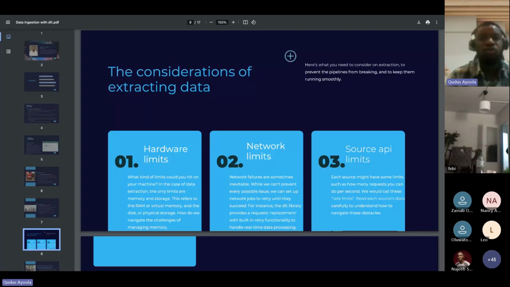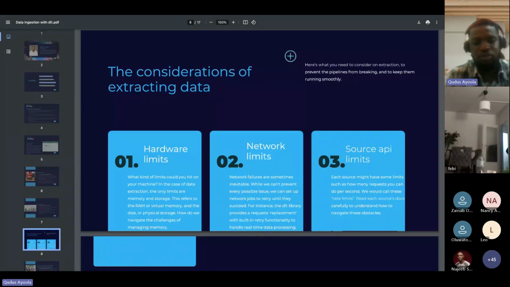So another limitation you can run through is your network limitation. There might be a network failure whereby you are calling an API to get data, and it is returning a network error because the API at that point is not available, or the source system you are pulling from is just not available at that moment.